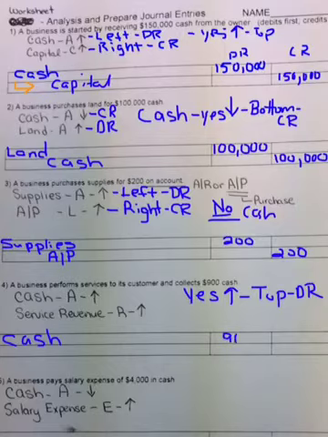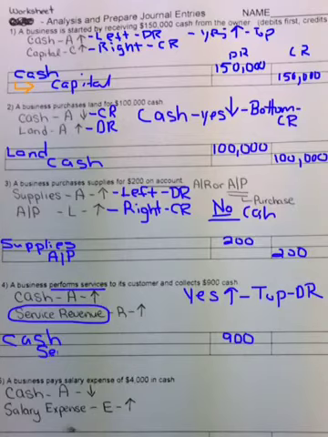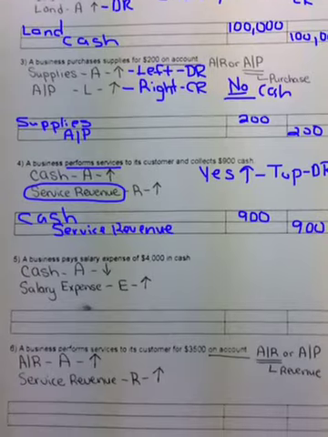Now, why is my cash going up? Well, I performed service. And remember, that is a revenue item. So that is service revenue. Again, notice that I did indent over when doing this particular account. So then I get to number 5. And let me move it up. When I get to number 5,